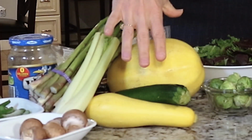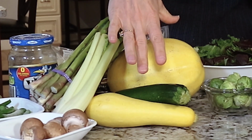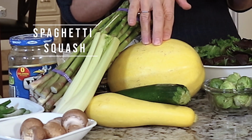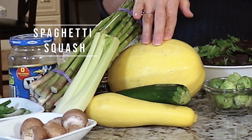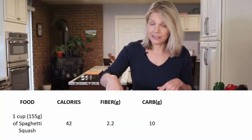Let's talk about squash. Some varieties are harvested when they are more mature, so they have accumulated more starch and are therefore higher in carbohydrates. Examples of those would be winter squash varieties like butternut or acorn squash. Spaghetti squash is also considered a winter squash, but I've added it to my list because of its versatility and popularity. Just know that of all of the vegetables I have here in front of me, it has the least